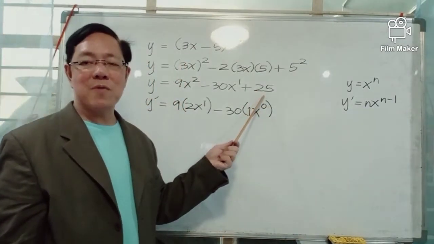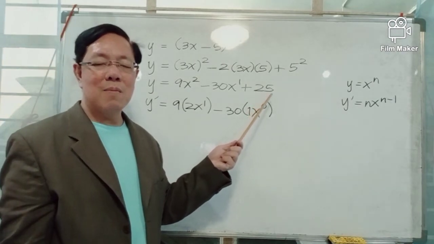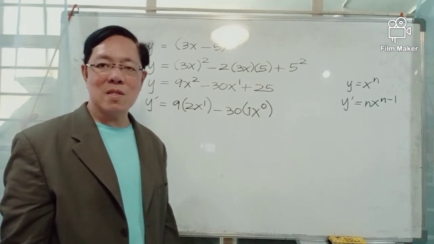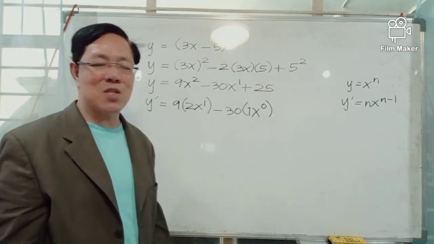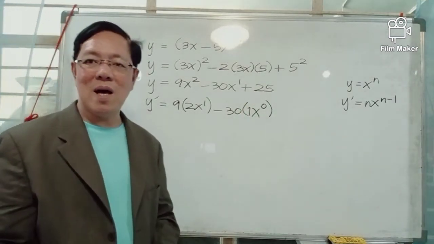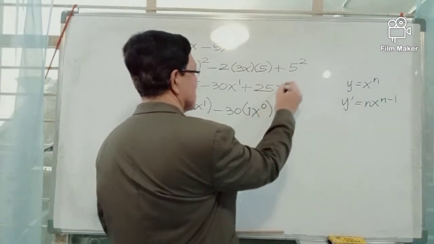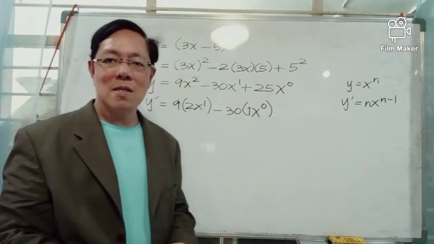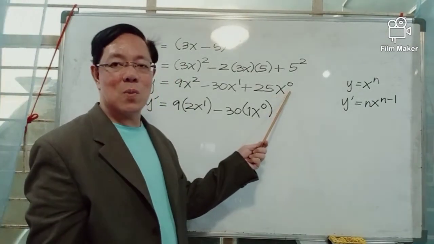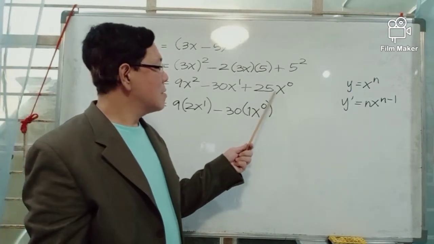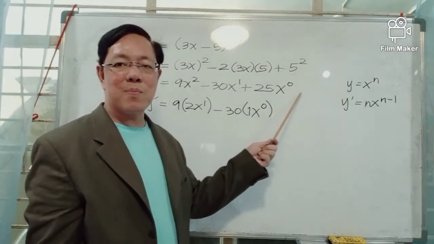The last term, 25, is a constant term. But if you want to apply the theorems for differentiation, you can write 25 as 25 multiplied by x to the power 0. Since x to the power 0 is 1, as long as the base x is not 0. For 25 multiplied by x to the power 0,